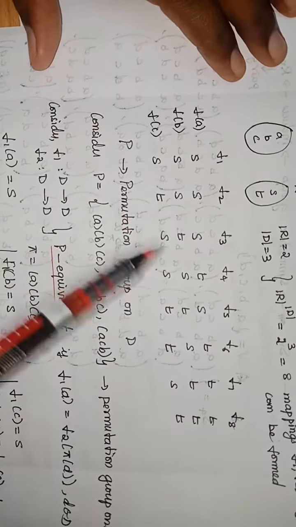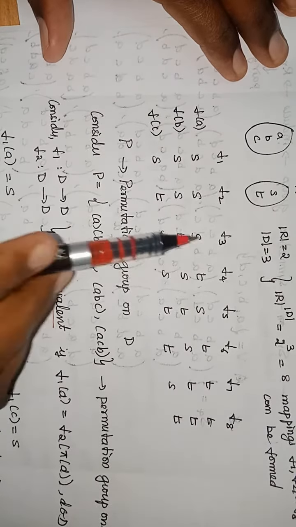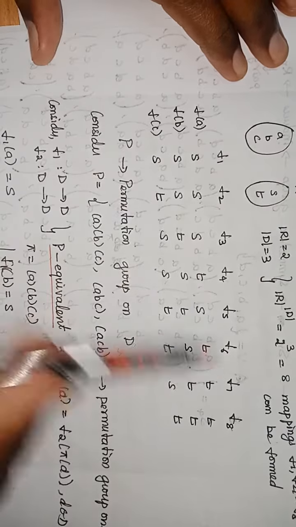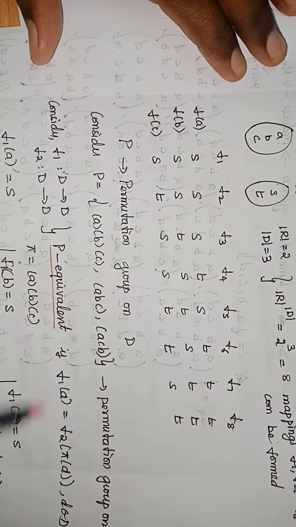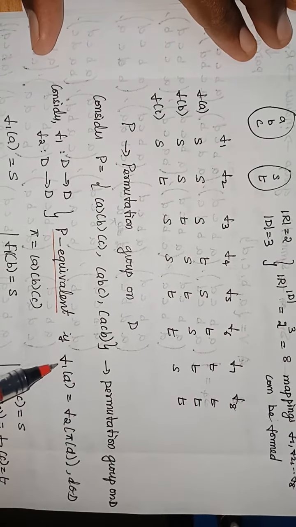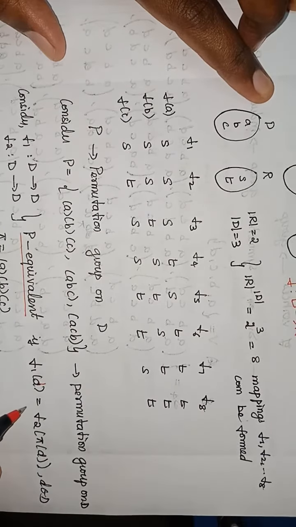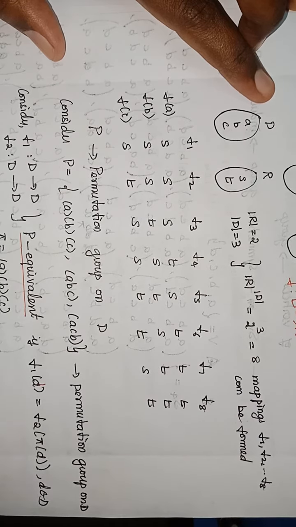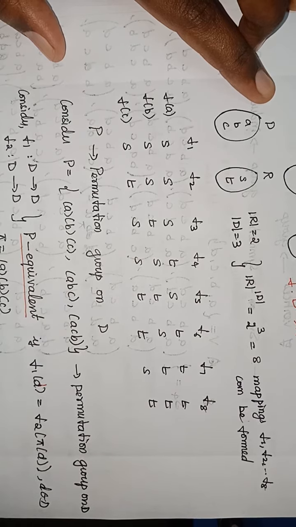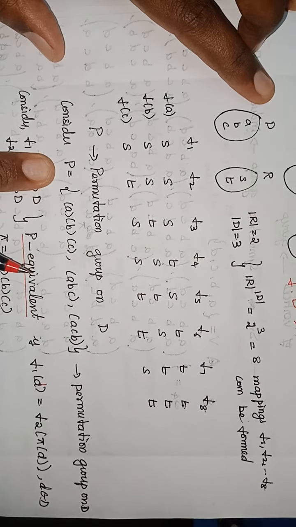Out of these 8 functions, in this example, if I choose any two, say f3 and f6 or f3 and f8 or f4 and whatever it is, two functions are said to be P equivalent if they satisfy the condition f1 of d equals f2 of pi of d, where d is an element of D. Whenever this condition is satisfied for any pi belonging to P, then I can say that those two functions are